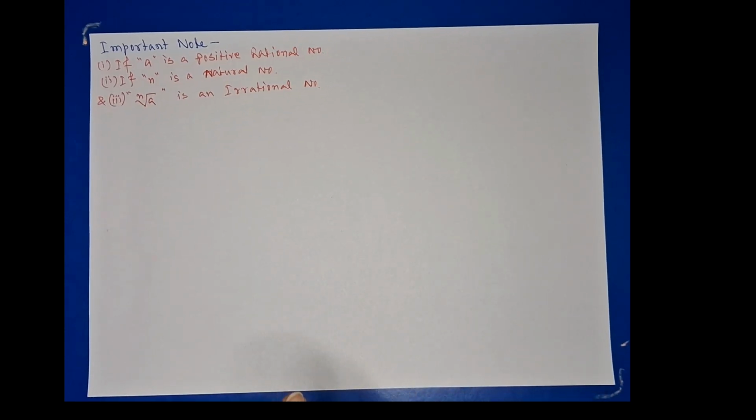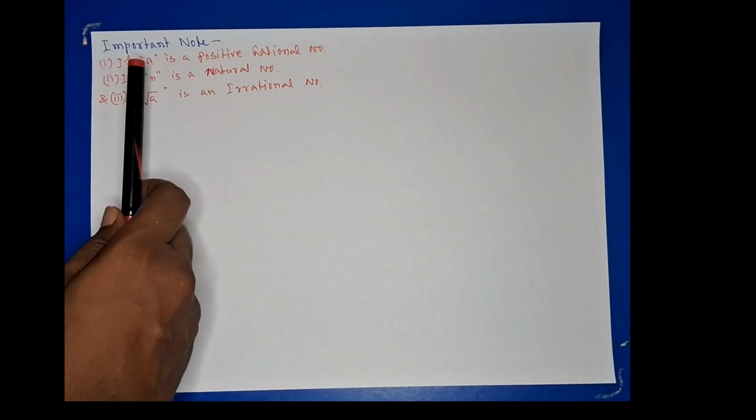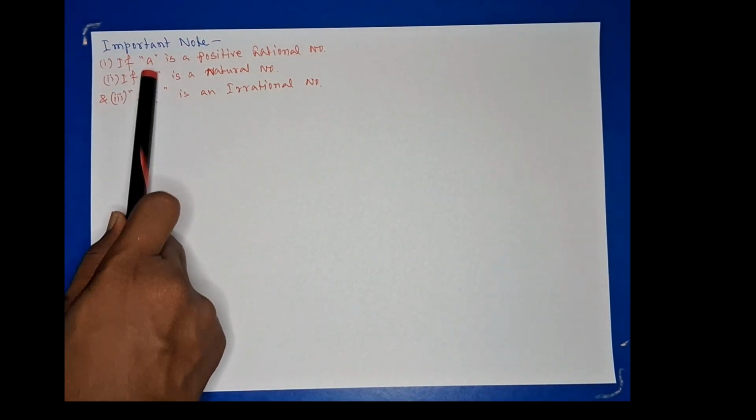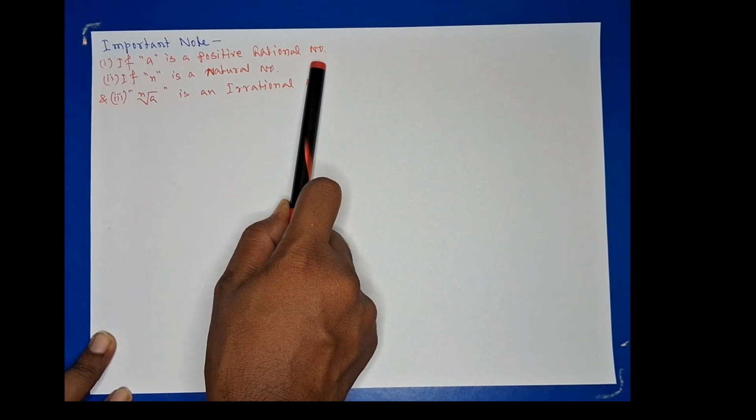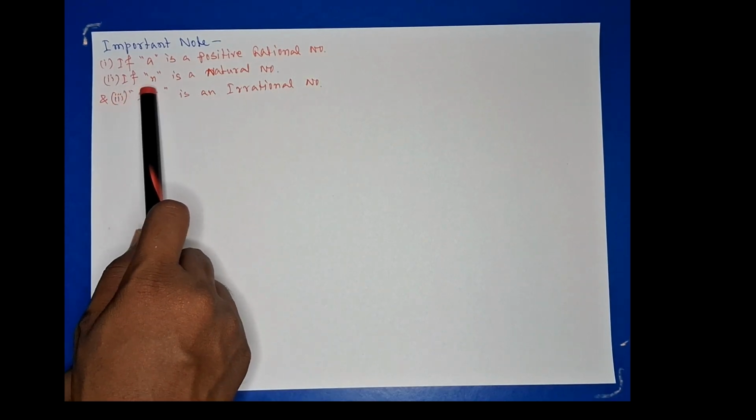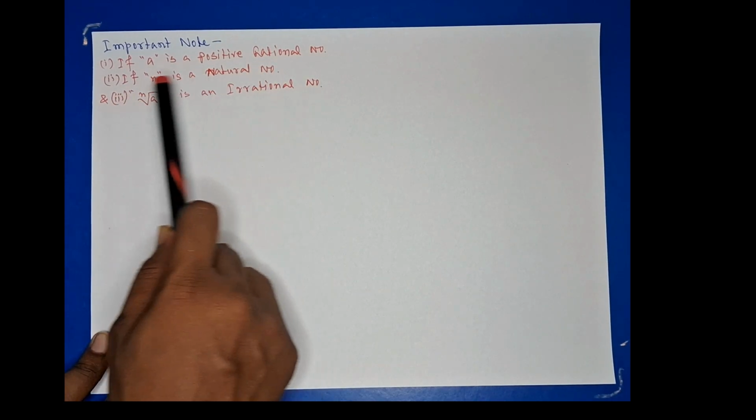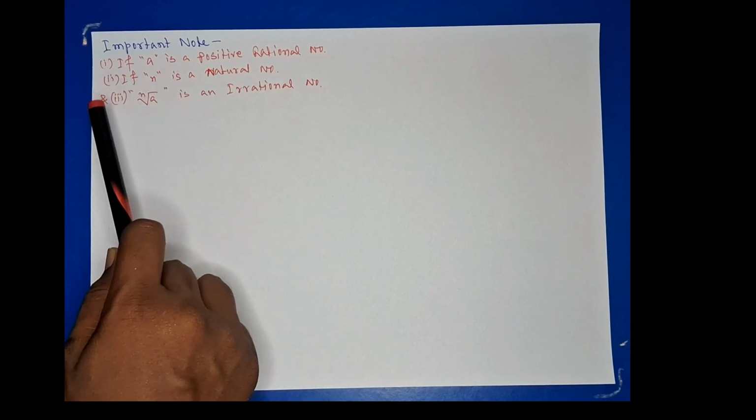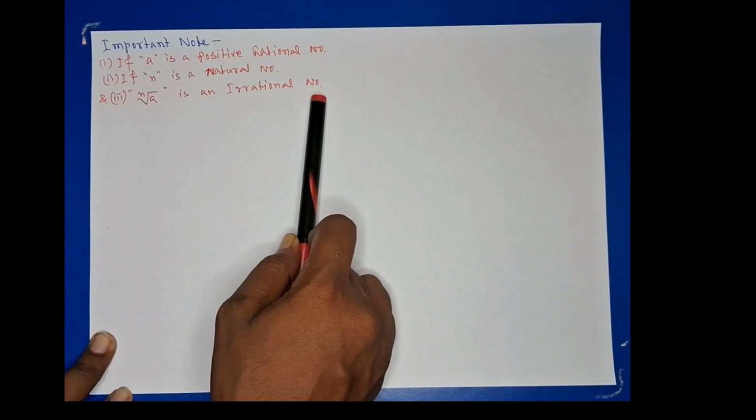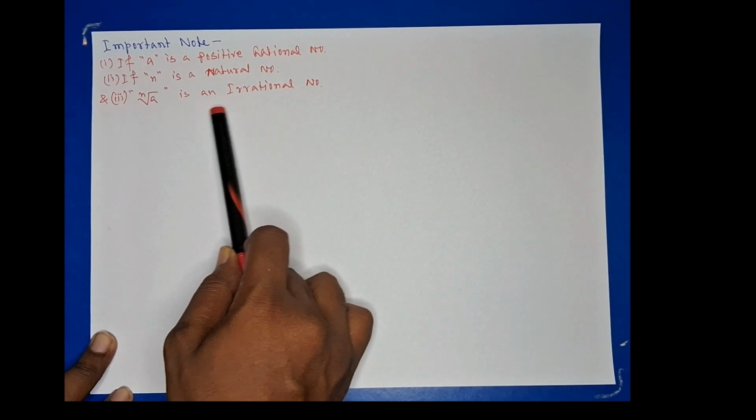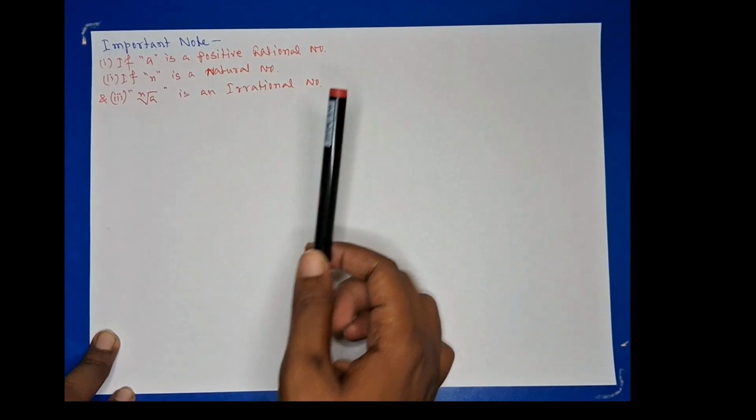Now there is an important note, please listen carefully. There are three conditions given. What are the three conditions? First one is if a is a positive rational number. Second condition is if n is a natural number. And the third condition is the nth root of a is an irrational number. Then